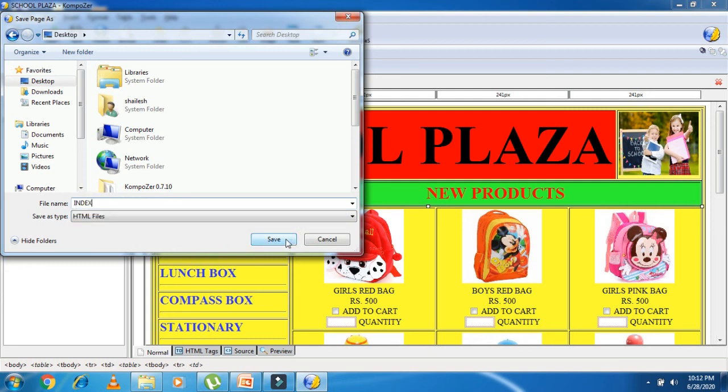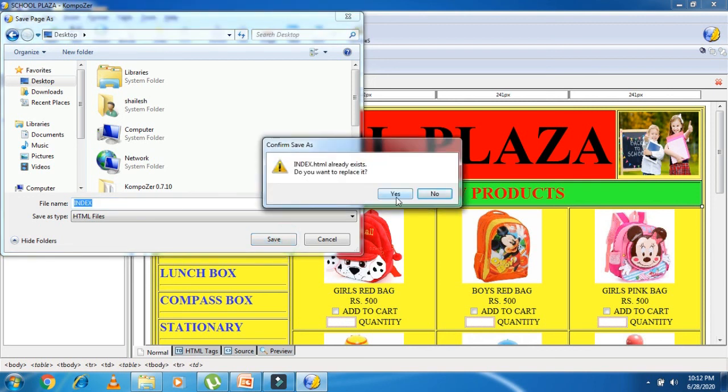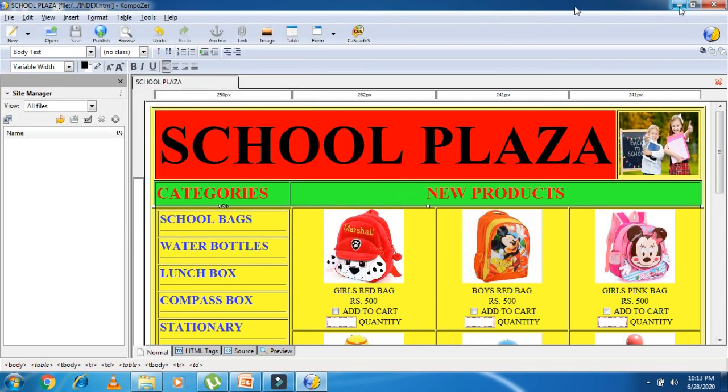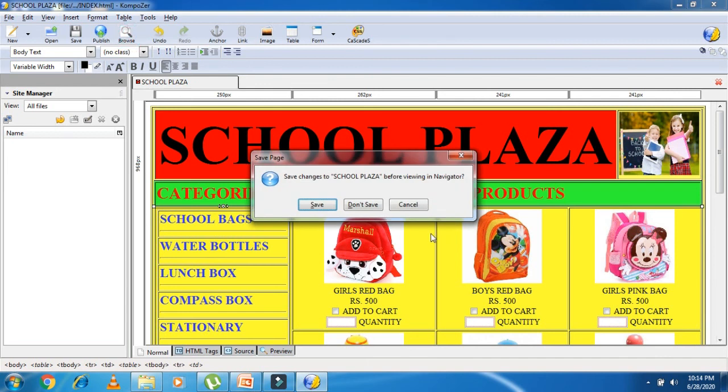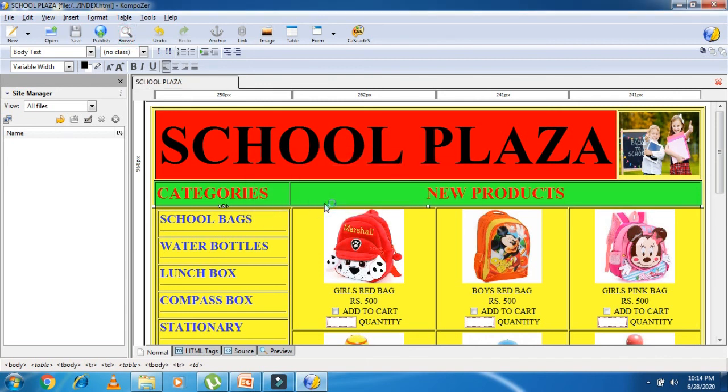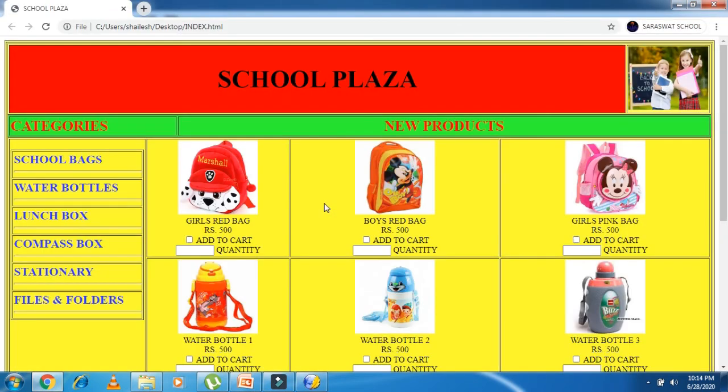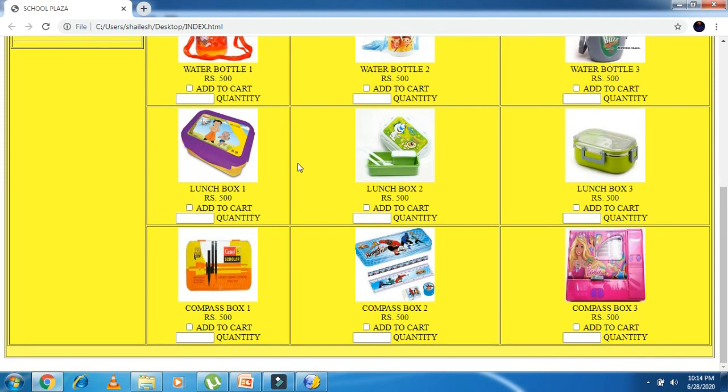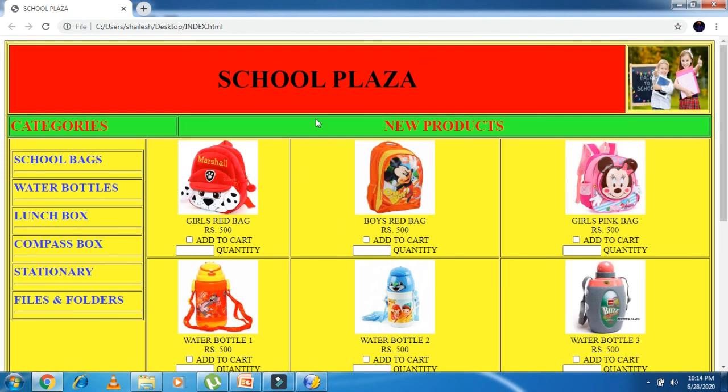So I press the save button, replace it yes, and I browse. I save it, and you can see, student, it's looking like this. So this is your School Plaza website.